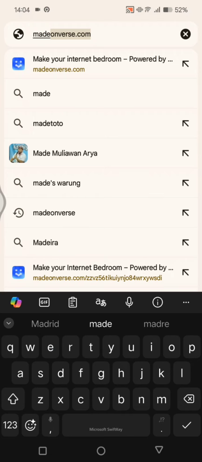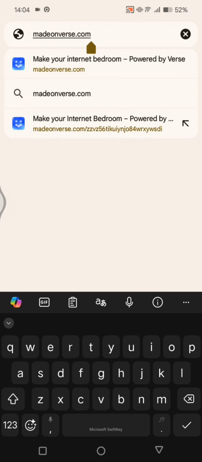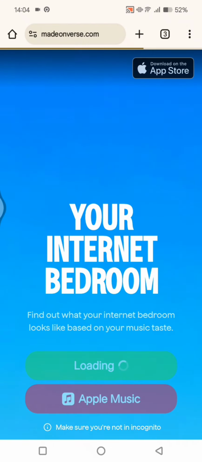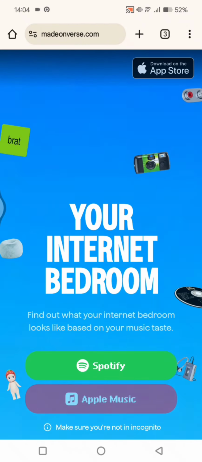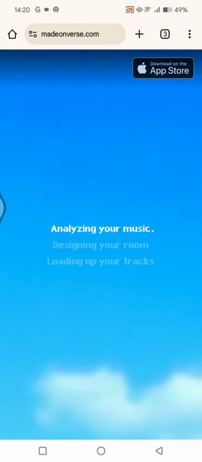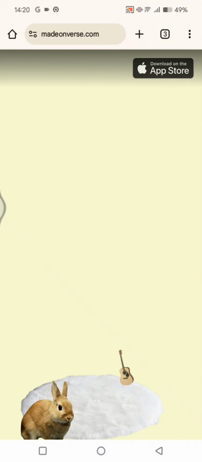madonfirst.com. This one you can see make your internet bedroom. So you can just hit enter, and now here you can choose between Spotify and Apple Music. So by using this web, you can find out what your internet bedroom looks like based on your music taste. Click on Spotify. So after you click on Spotify, Madon First will analyze your music taste and design your